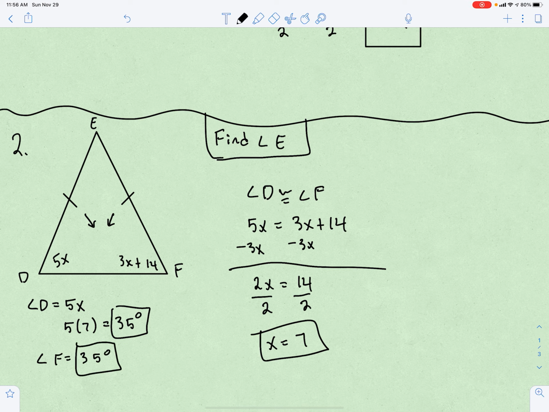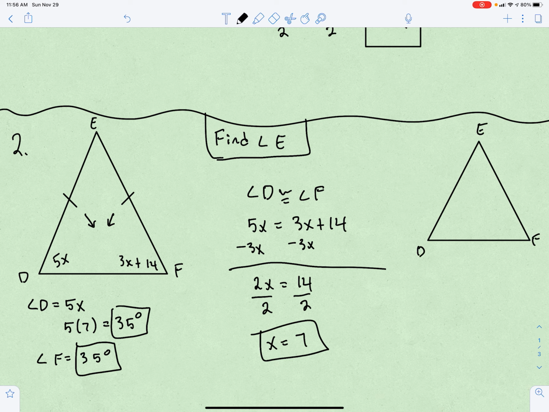Now, we know angle D and we know angle F. We have to find the third angle in a triangle. Well, we know that triangles add up to 180 degrees. So that'd be 35 and 35. So I'm going to go ahead and draw you guys another example over here just to show you what I'm talking about. We got this same triangle, DEF,